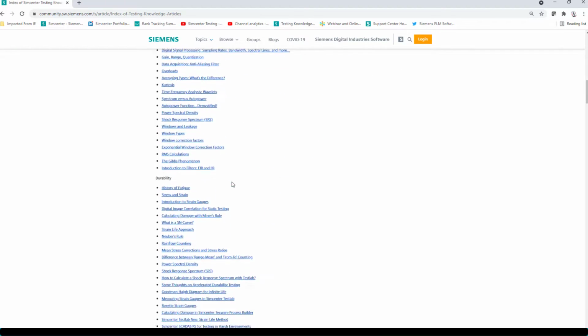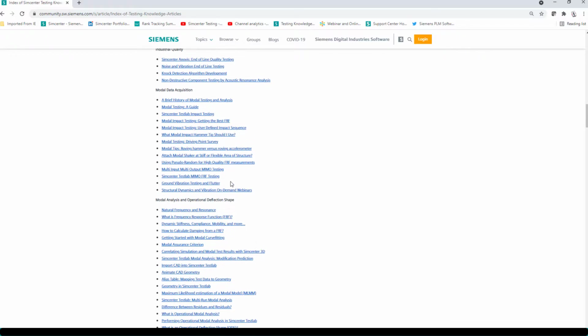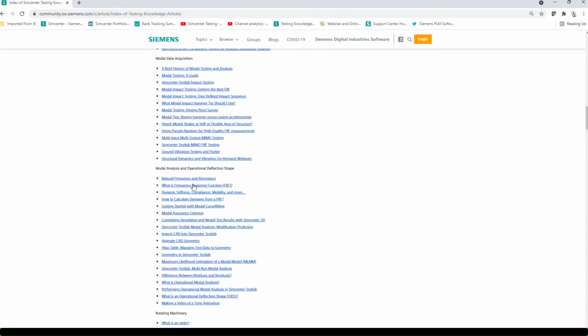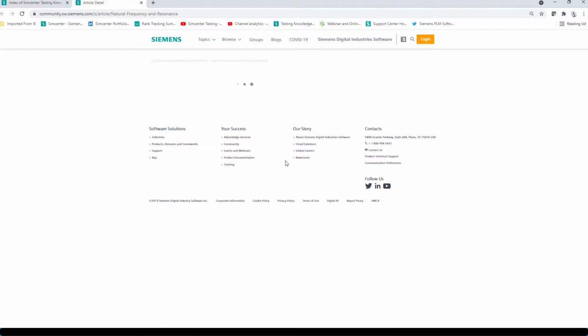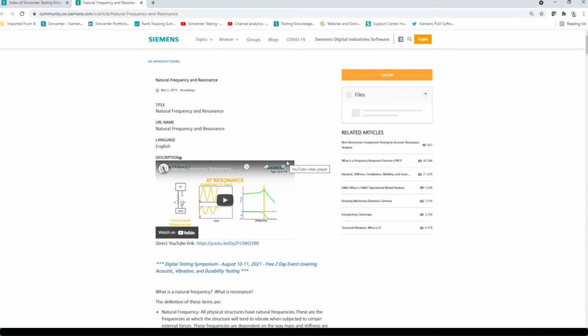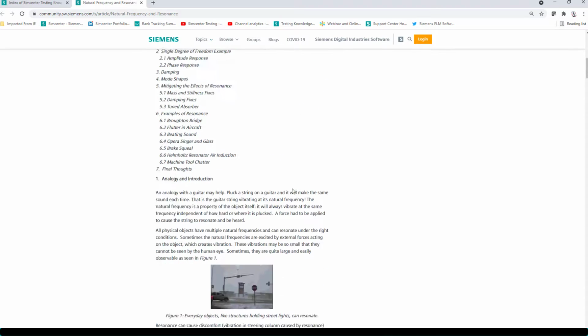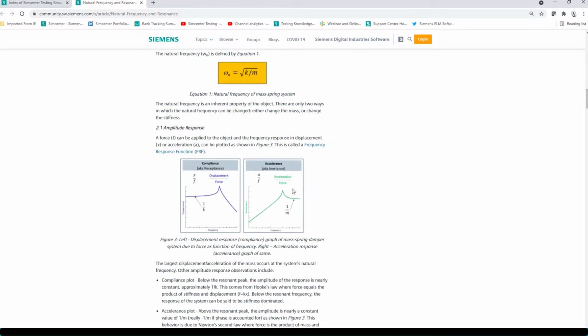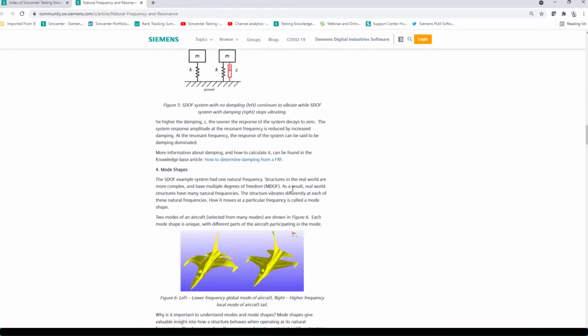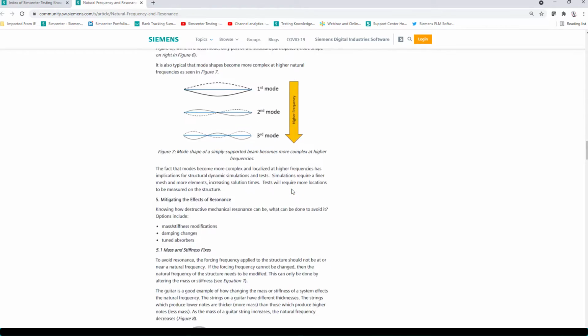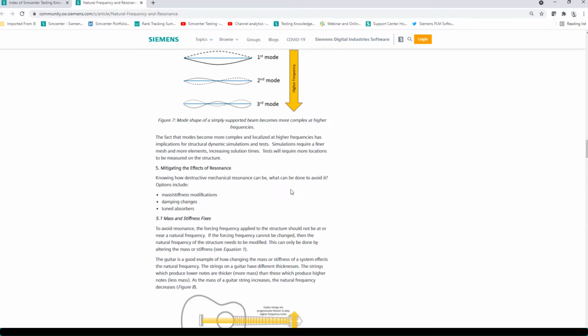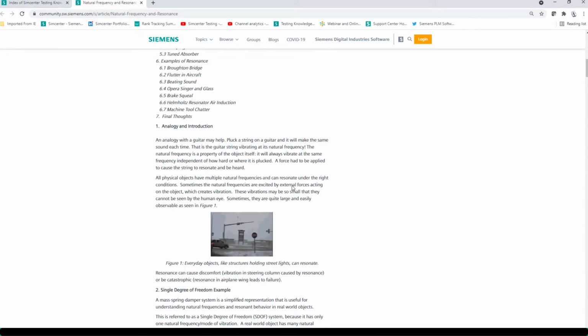So let's say I wanted to learn about modal data acquisition and natural frequencies. I'll just pick something at random here. So this shows me something about natural frequencies and how they work, and has an in-depth explanation. I think we covered some of this in the first part of the session that we did, Nick.